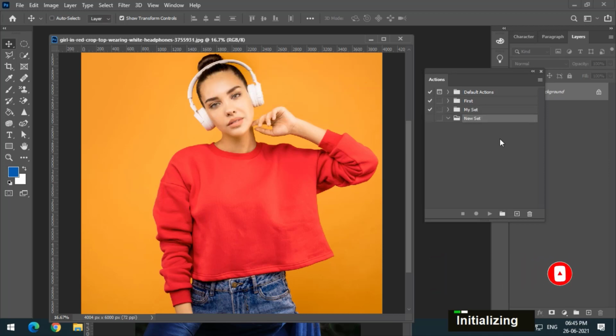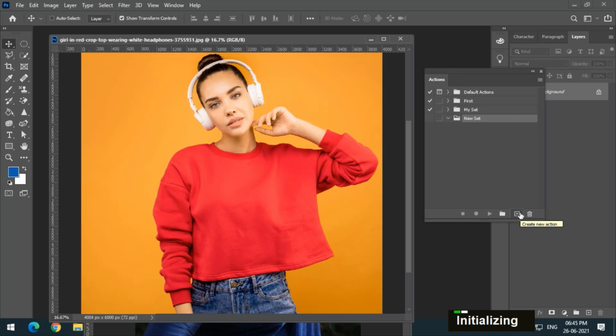Then I need to create an action now. Again, you can name it whatever you want. One thing to remember: we can select the location of the action, or where we want to save it, while creating the action.